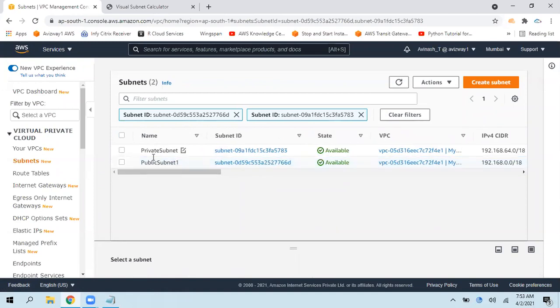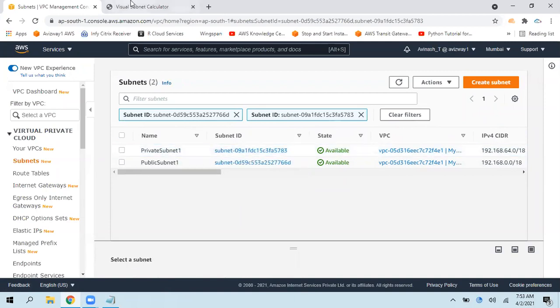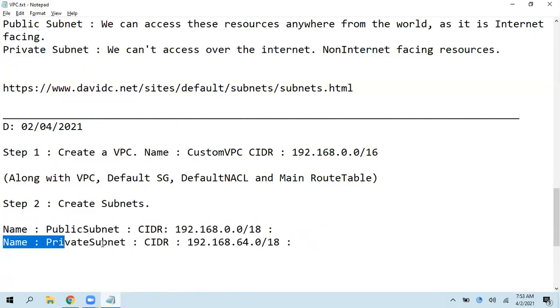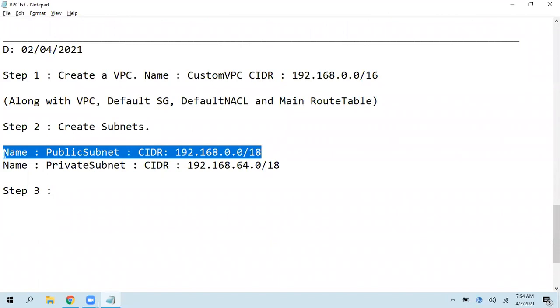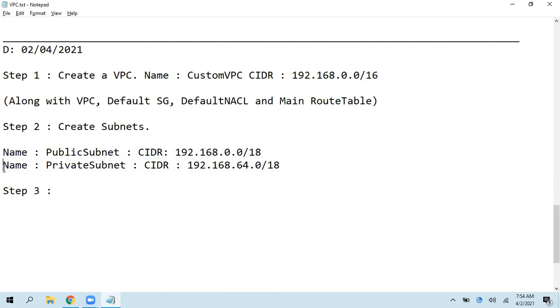Where are we defining this as a public subnet and private subnet? Nowhere, not yet. We have just given names, nothing more than that. Did we make this public? Did we make this private? No, right? Not yet. We have just defined the names. So that is step 2. Coming to step 3, when will it become a public subnet? Whenever we have internet connectivity. When will it become a private subnet? Whenever you don't have public facing access over the internet, then it will become a private subnet.